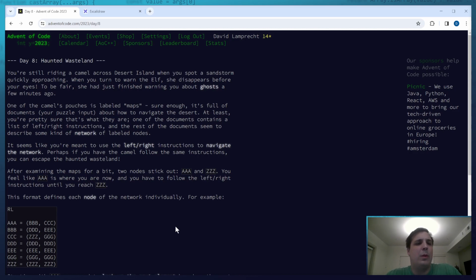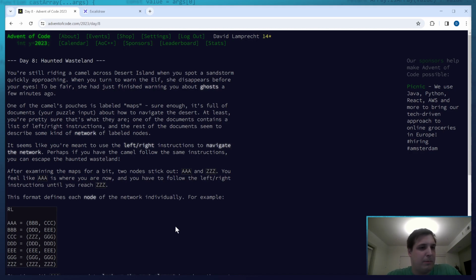I'm wondering, we are going through the desert, and the whole point is that we're trying to find where the snow went in the desert. Well, let's keep going. One of the documents contains a list of left right instructions, and the rest of the document seems to describe some kind of network of labeled nodes.